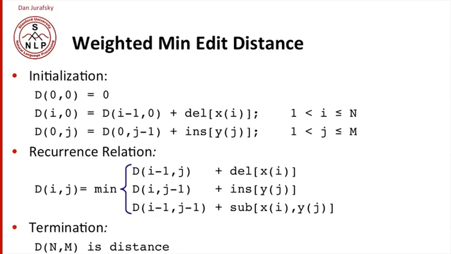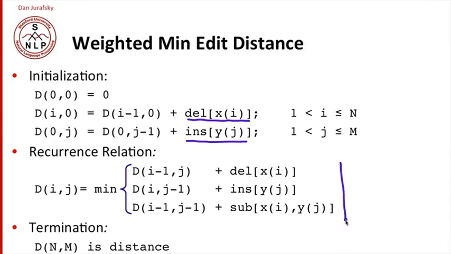So we're going to represent this by modifying the algorithm slightly to add weights. In Levenshtein distance, we have the cost of 1 for insertion, 1 for deletion, and 2 for substitution. In weighted minimum edit distance, we simply add a special cost that we look up each time. So initialization, instead of just adding 1 for each deletion, we have the actual cost of each deletion, and we add up the deletions of each of the symbols that we delete. And instead of having just 1 for insertion, we have a cost for each insertion, and we add them all